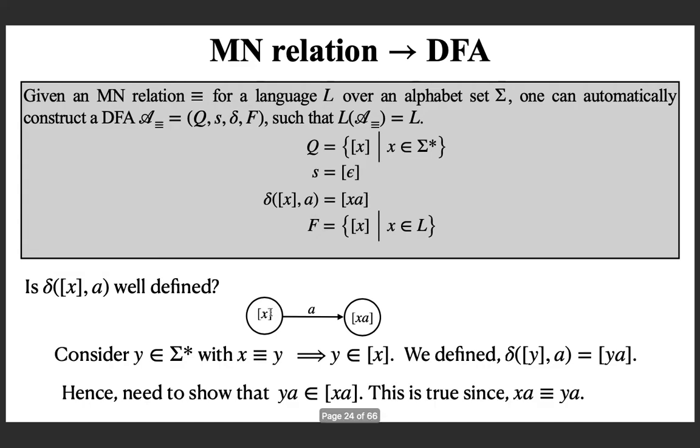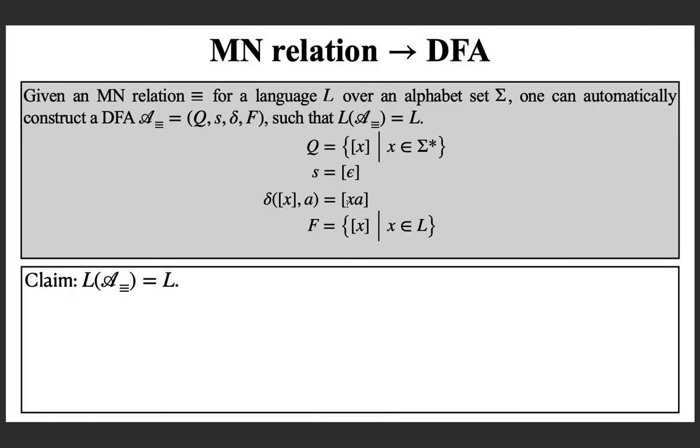But this is very easy to prove because we know that an MN relation is a right congruence. So whenever x is related to y, xa is related to ya, and then ya must be in the same equivalence class as that of xa. So it is a well defined transition function, and we can prove that the language of the constructed DFA is exactly the given language on which the Myhill-Nerode relation is defined. We can prove it. Suppose x is a string